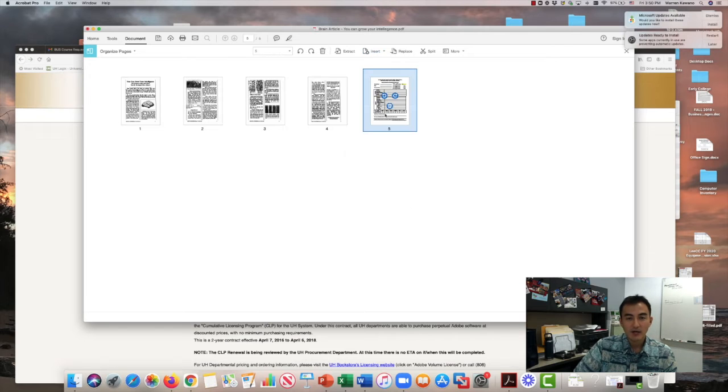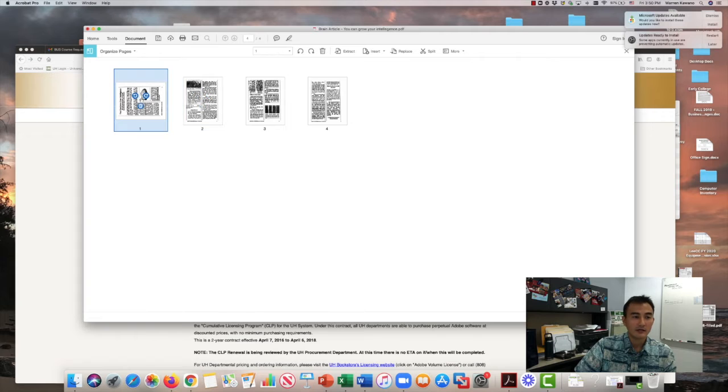And then you'll see it pop up as the last page, and then you can also move it around as you please. Now, if you want to get rid of this, hit delete. You delete that page. Now, say you want only page 1. Oops. You only want page 1 in your